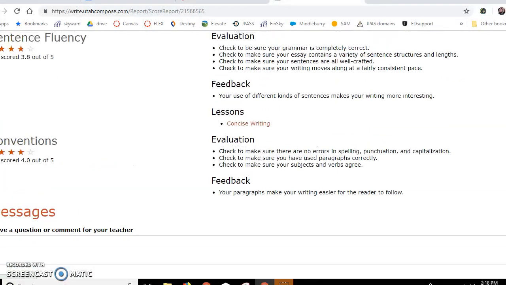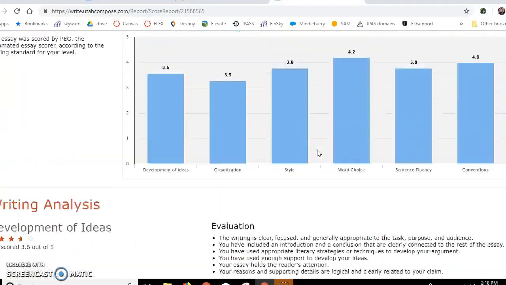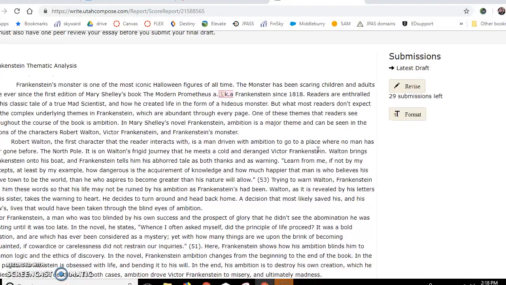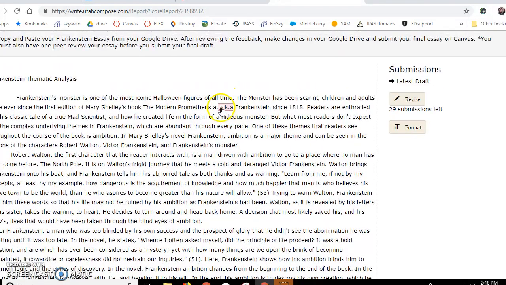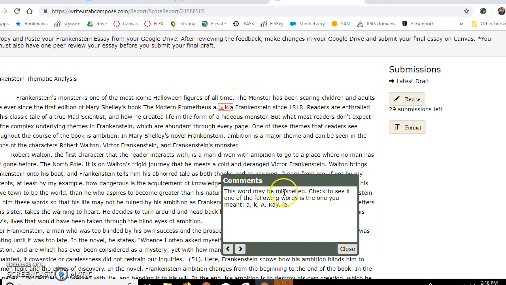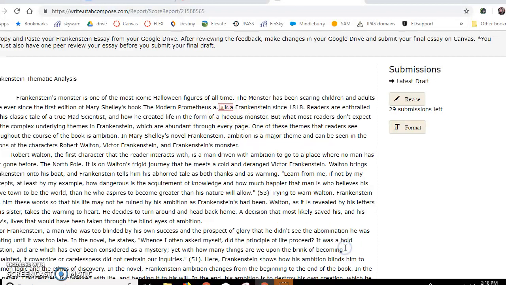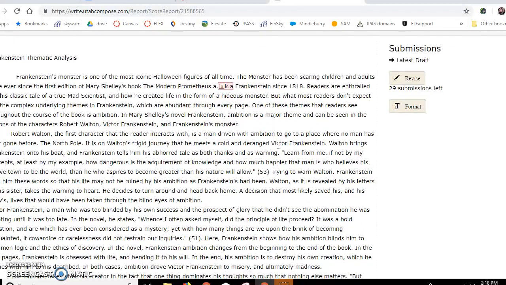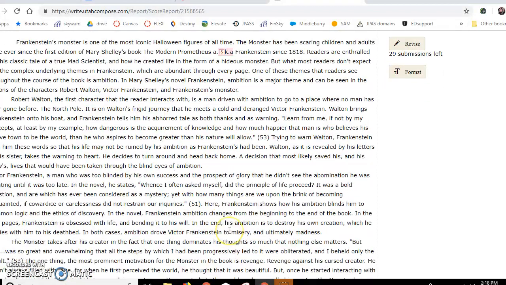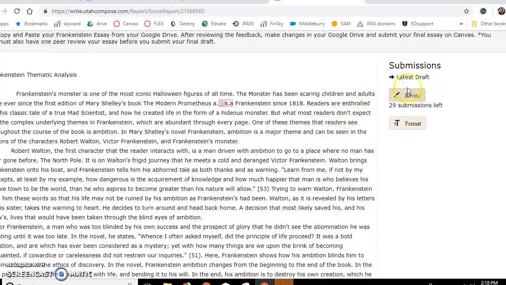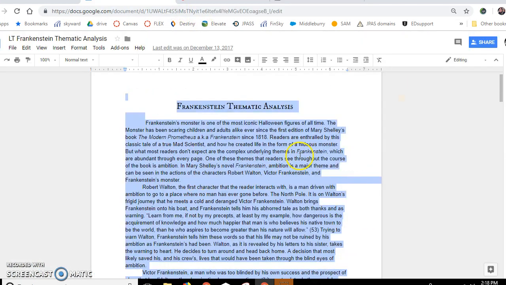A lot of times, this is a bad example, but specifically it'll say, right here, here's a little comment: this word might be misspelled. Check to see if one of the following words is the one you meant. She meant AKA. So there'll be lots of things highlighted probably in yours. And then you can go to revise here, or you can revise in your own document,